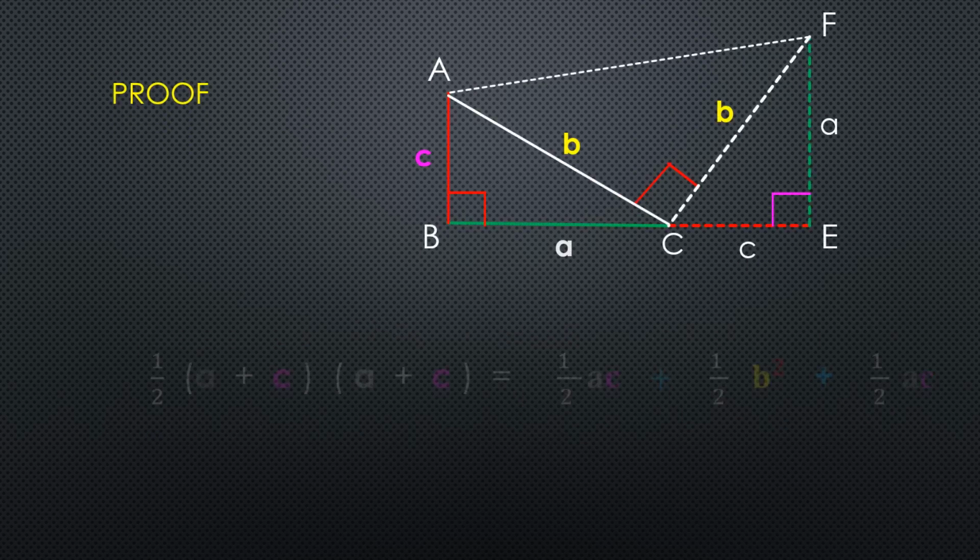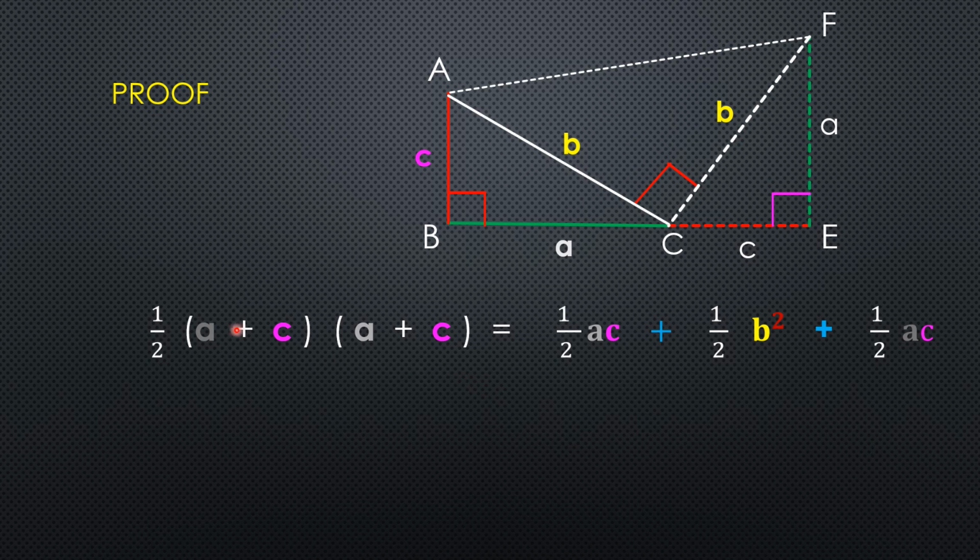Okay, so this was the equation we were discussing in the previous slide. Let us simplify further. You can observe half is present as a common factor throughout on the left and the right. Therefore, let us cancel it out. Throughout, let us cancel this half. So A plus C into A plus C is A plus C the whole square, which is equal to AC plus AC here will become 2AC and this B square as it is.